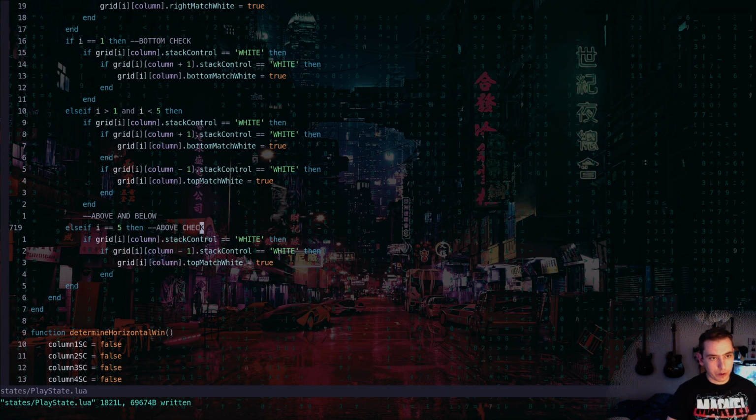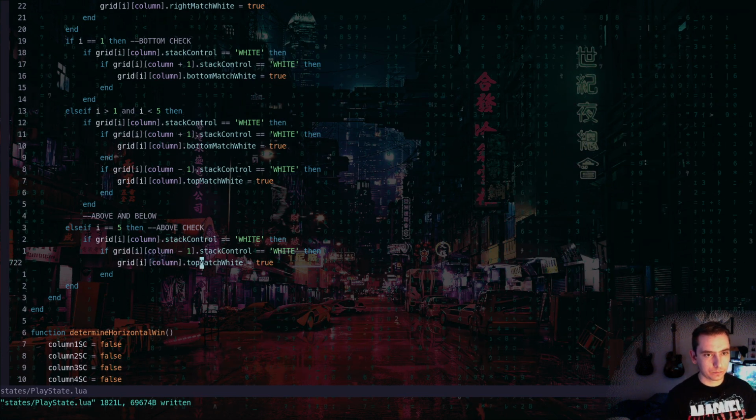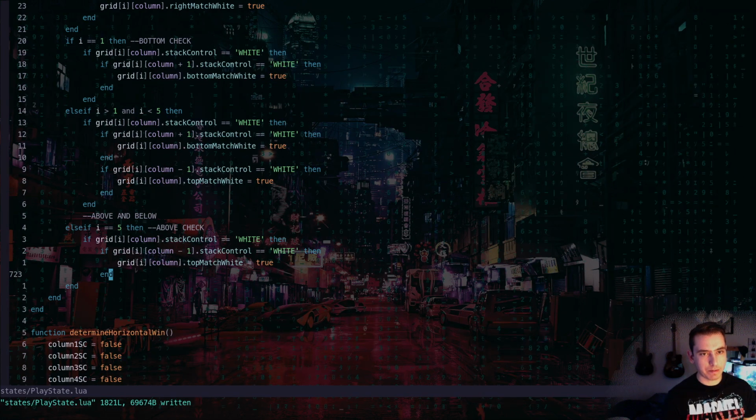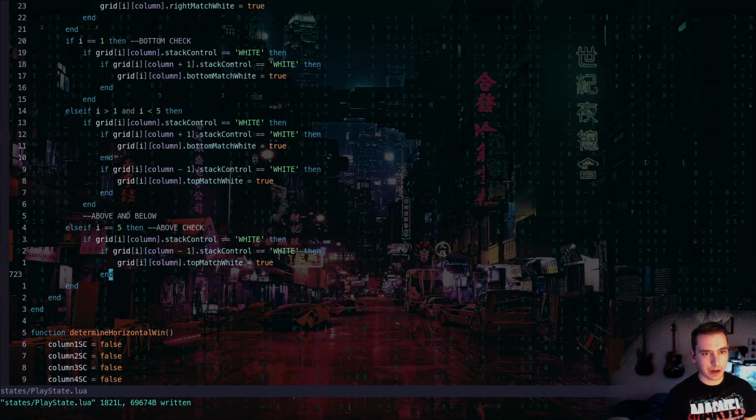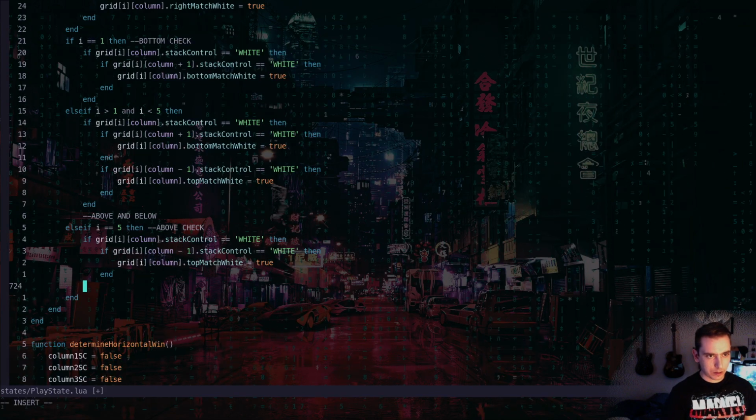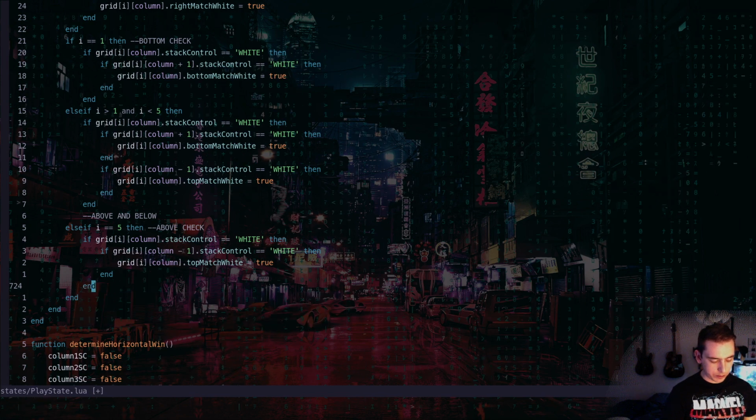So for the bottom row, if the one above us is a stack control of white, then we have a top match. I think that will get us across without crashing,